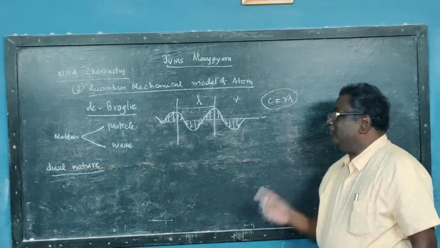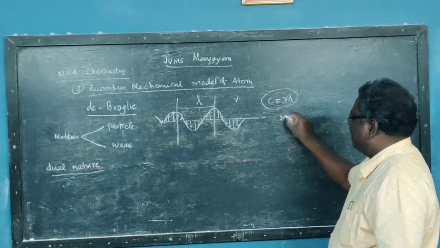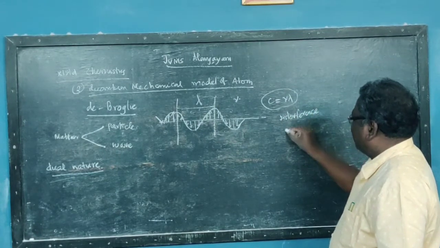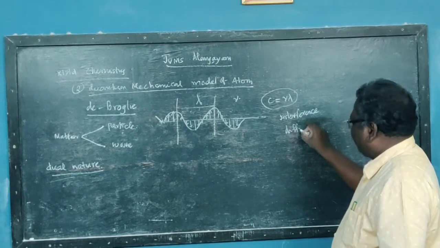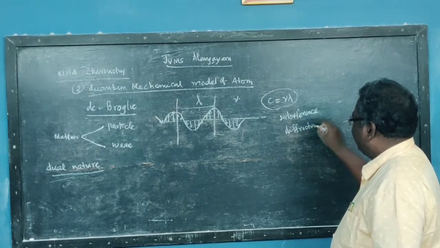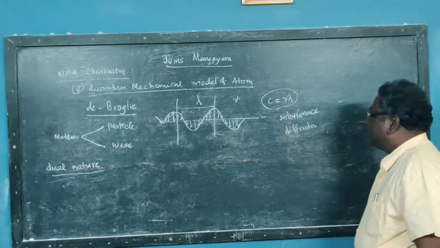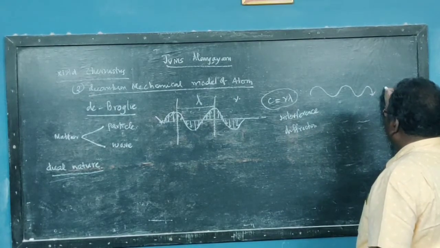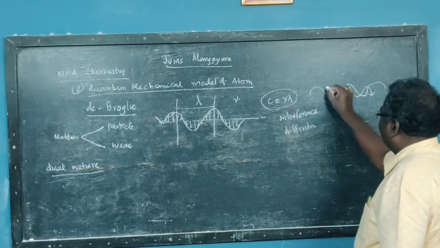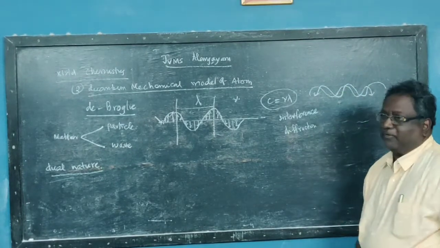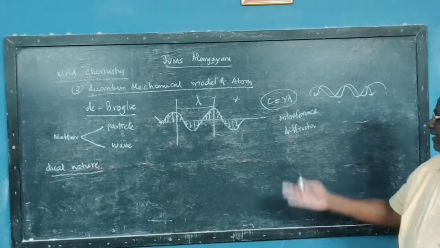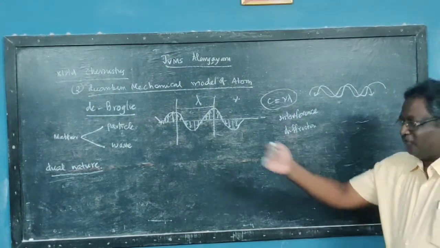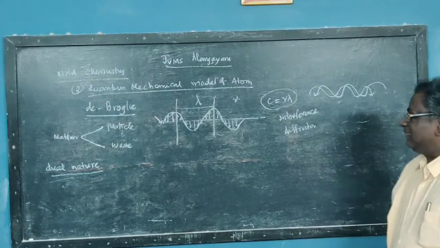These waves have two properties. One is interference. The other one is called diffraction. Daily we see this, right? What is interference? Interference is when one wave is moving, the other wave can come in the opposite direction and superpose. ஒரு wave மேல இன்னொரு wave படிக்கிறது தான் interference ன்னு சொல்றாங்க. ஒரு wave போற direction இன்னொரு wave குறுக்கு வருது. That's called interference.